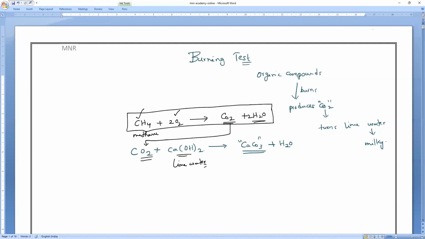Now this is the most important point: identifying whether a substance is made up of carbon, that is, whether it is a carbon compound or not, we can do with the help of the burning test. Carbon forms a large number of compounds due to its unique properties. It is tetravalent, and the bonds it forms are what bonds, everybody? Covalent bonds. And these covalent bonds are of three types. What are the three types of covalent bonds? Single covalent bond. Next one, double covalent bond. And the next one, what did we study?